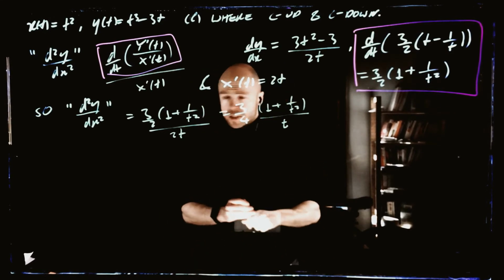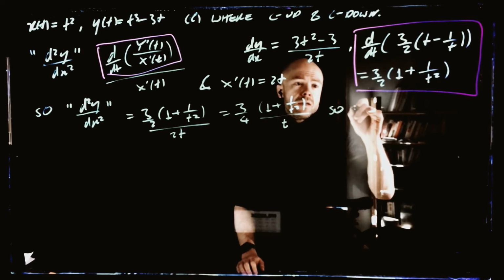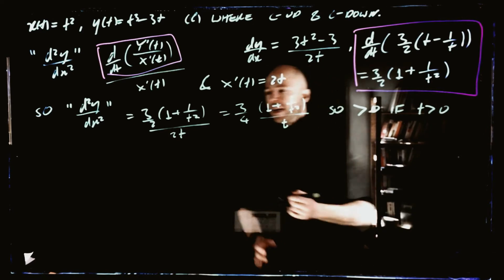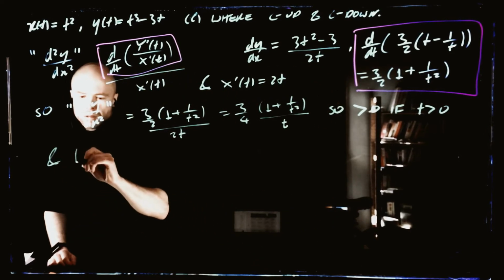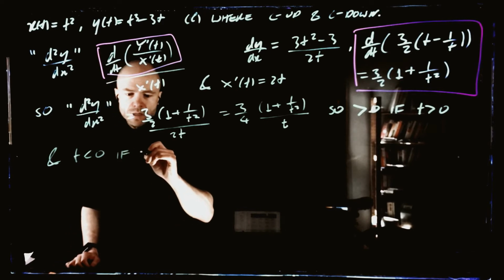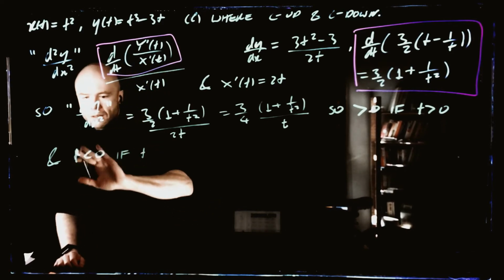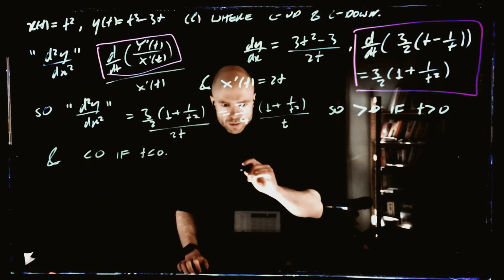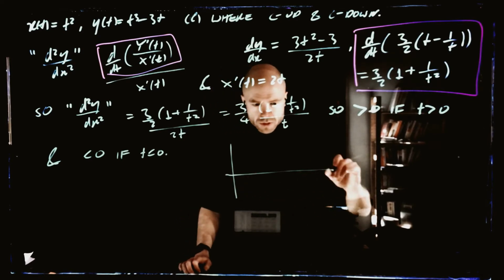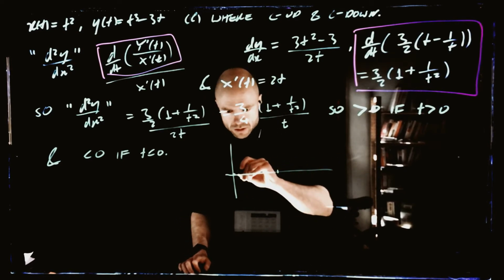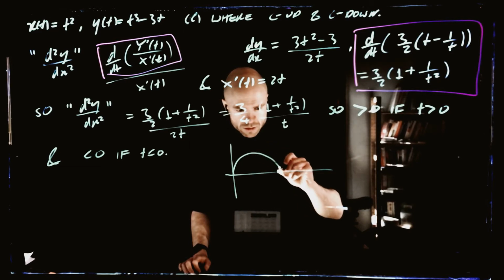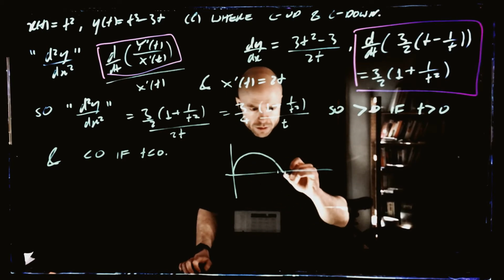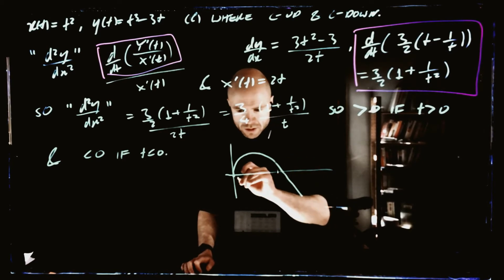And then what's the sign of this? So this thing is going to be positive if t is bigger than 0, and it's going to be negative if t is less than 0, right? So what did we learn before? We learned that we have this guy like this, it does this, right? And this is the point 3, 0, and then does like this,